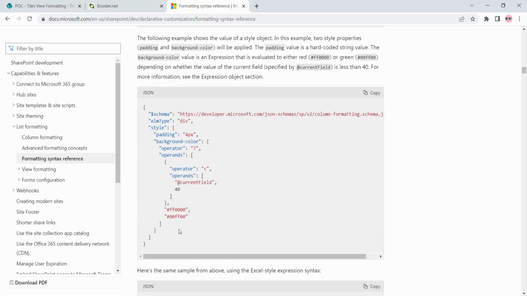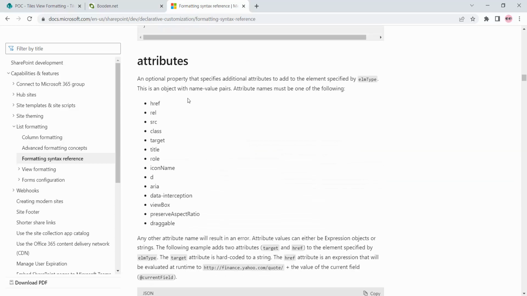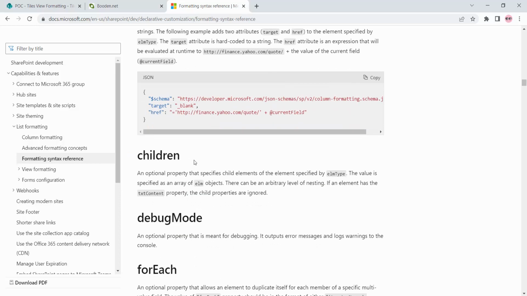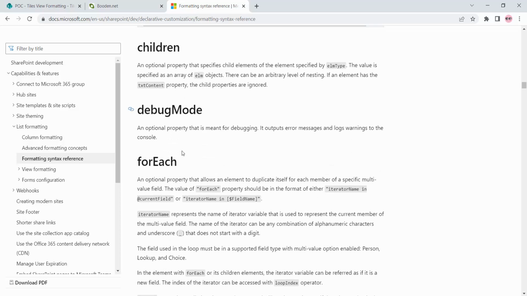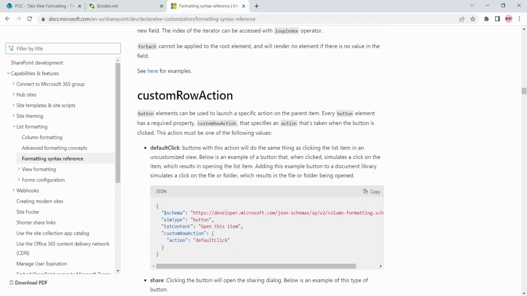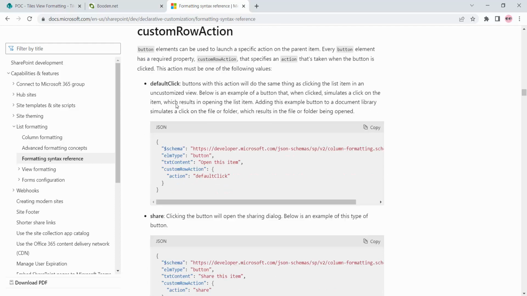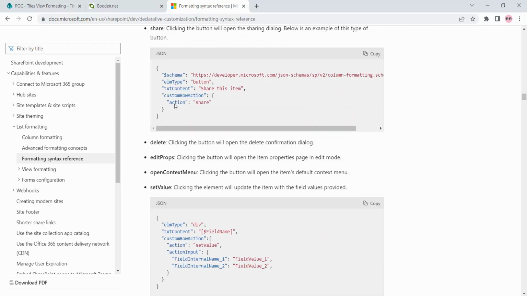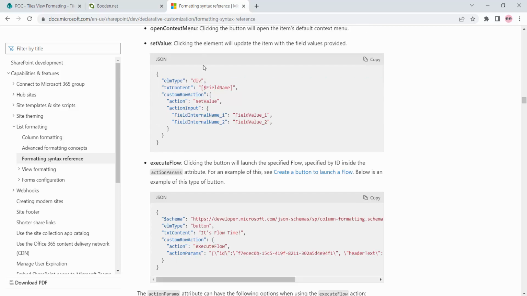Then if I further scroll down, they have given some sample JSON as well over here. Then attributes, these are the attributes which are supported. Then what do you mean by children? An optional property that specifies the child elements of the element. Debug mode, you can even add for each loop, custom row action. So all the elements which are supported, or all the actions, Microsoft has explained in this particular